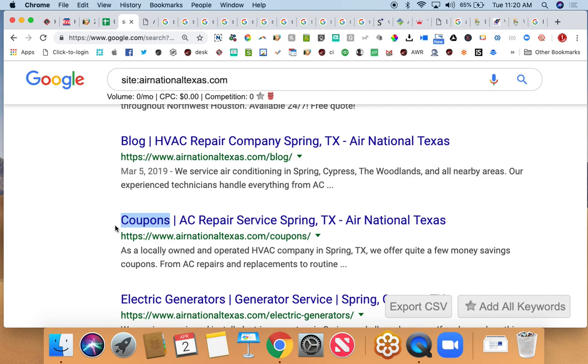putting too much on a piece of paper, if you hand it to somebody, they're going to go, what do you want me to do? You want me to file it under coupons or AC repair or AC service? Where do you want me to file this? They don't know. So for Google, technically coupons, you might have new air conditioner system discounts in Spring, Texas,